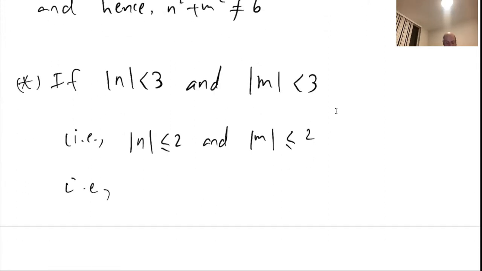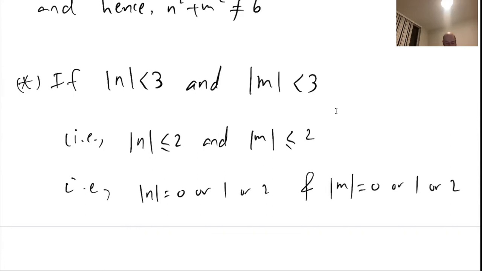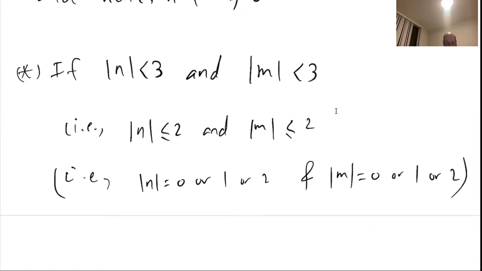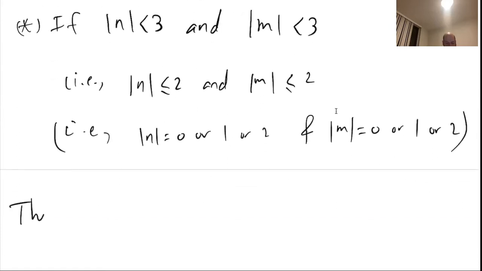And this means n is between -2 and 2. Or let me write it this way. This means absolute value n equals 0 or 1 or 2, and absolute value m equals 0 or 1 or 2. Then we can say that n squared plus m squared equals,